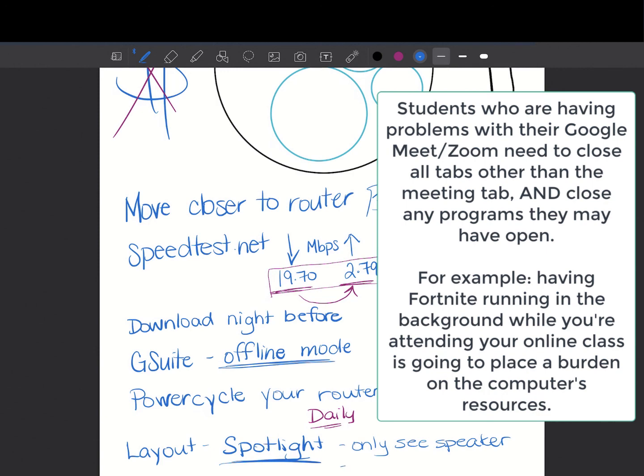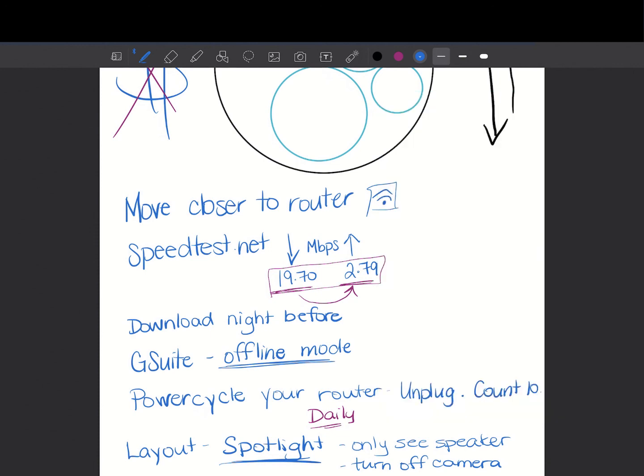The other alternative, if I'm a parent of a student at home and their Google Meet is glitching and they're not able to keep up, is to turn off the video feed. If you turn off the video camera, then of course the teacher can't see the student, which isn't great. But if we are in a position where the student is not able to participate effectively in the meet, we need to do everything we can to try to improve that experience. And taking the load off your bandwidth that having the camera on requires, it may be necessary. I would recommend that as a last resort, but it is a choice if the situation warrants it.